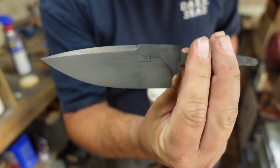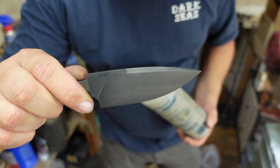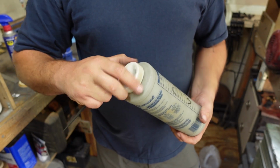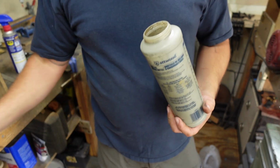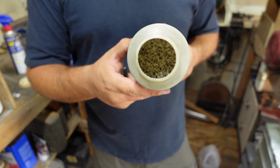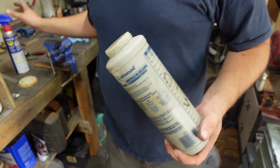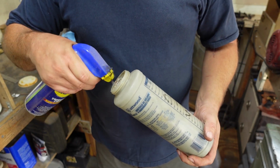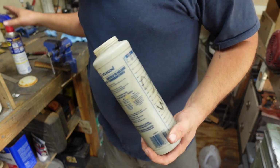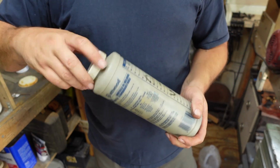So now that we got that all acid etched, I know that it looks really good like that, but we're still going to stone wash it just because that's what I want to do. So what we're going to do is we're going to use our little tumbler that we have here. This is just a bunch of aquarium style rocks with some WD-40 in there. I'm going to put a little bit more on the blade area. So make sure it's all covered. And then we close it up